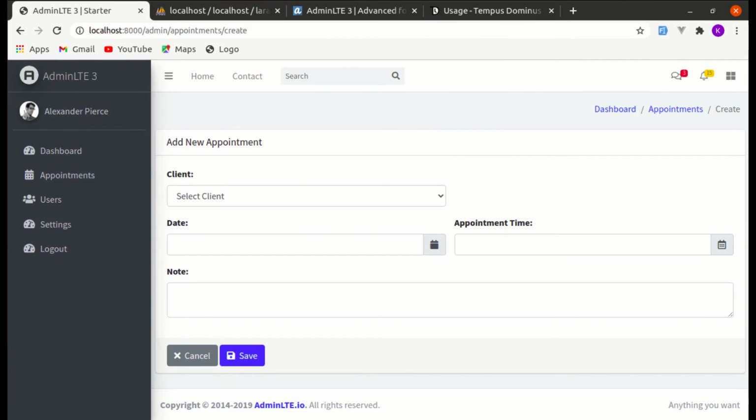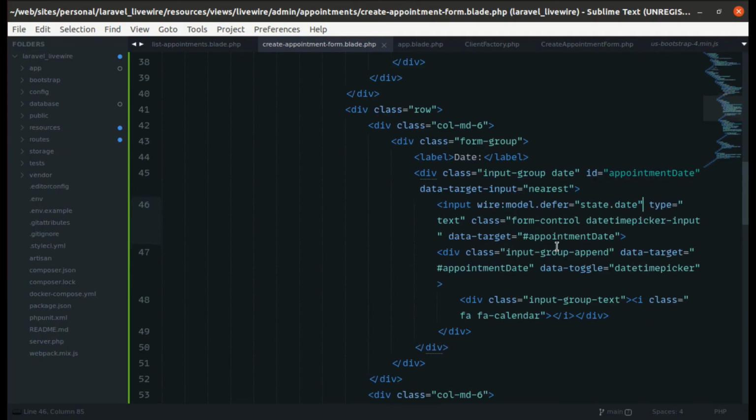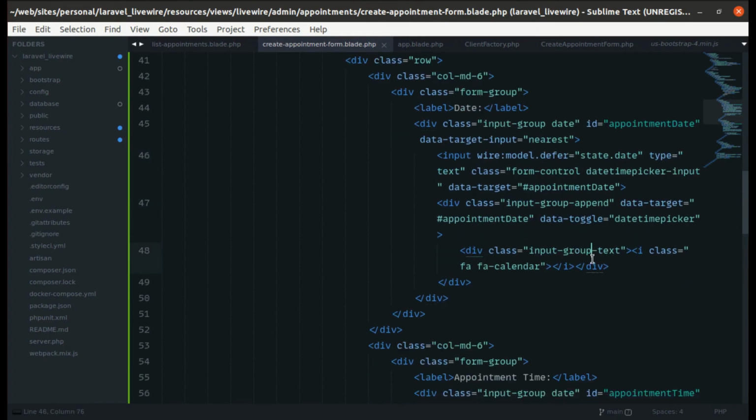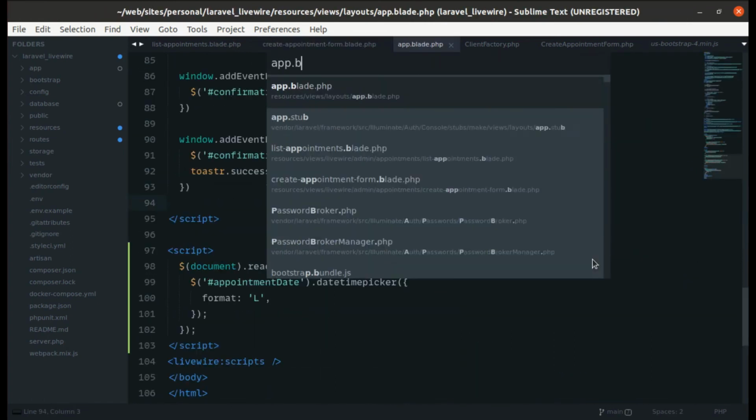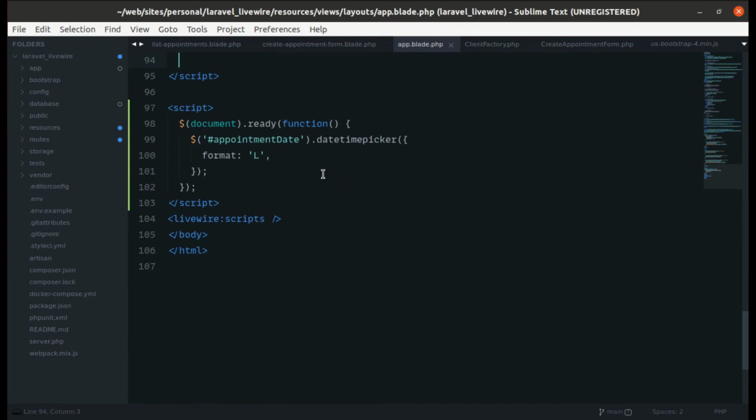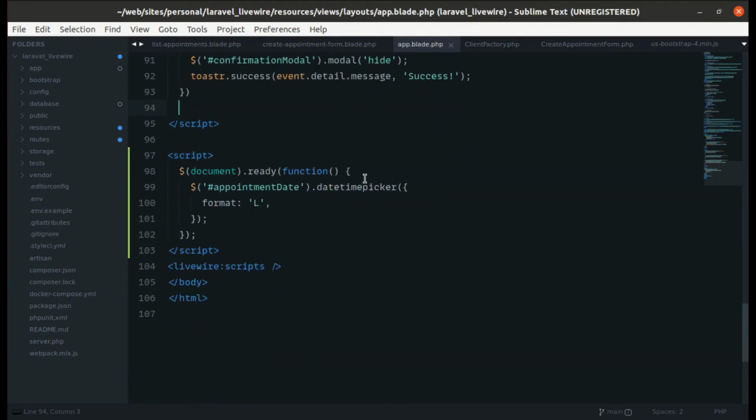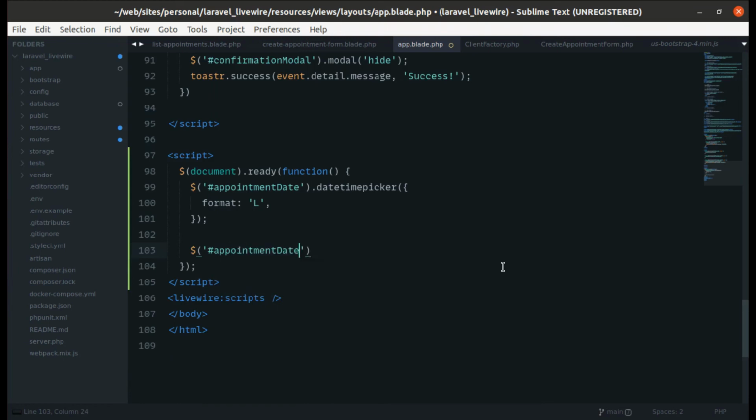So let me go to app.blade.php file, and over here let's find the element with ID of appointment date, and on change event we need to do change.dateTimePicker. Okay, we need to listen for that dateTimePicker change event,